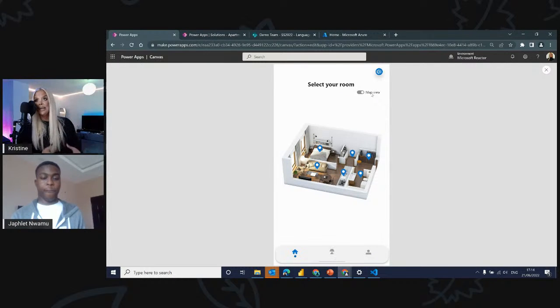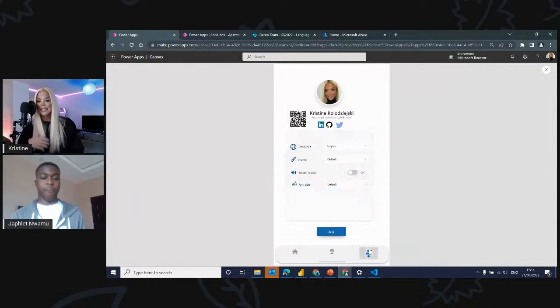And as you can see, we can actually see all of the rooms directly on the floor plan here. So if I navigate to the profile settings, this is where all the magic is happening. This profile settings page allows me to do things like choose a language. It allows me to choose a theme. So if I'm colorblind, as an example, I am able to quickly toggle to a theme that I find a